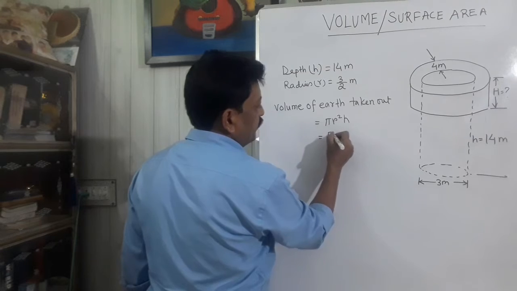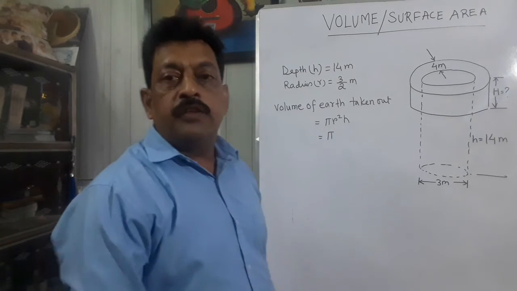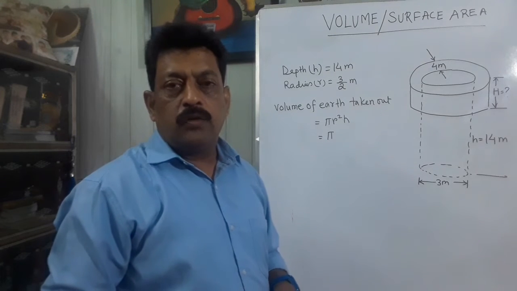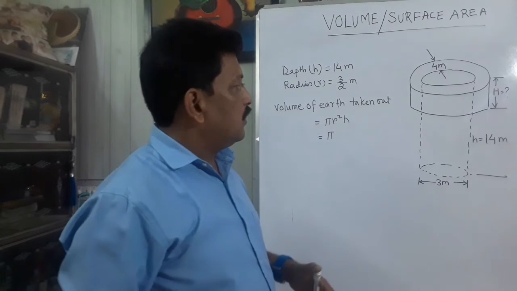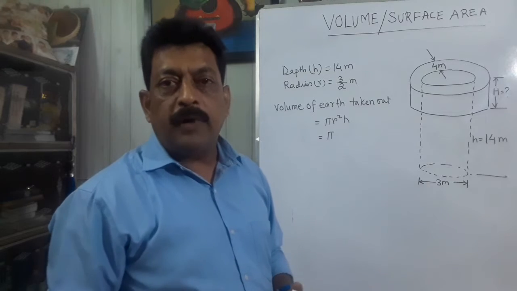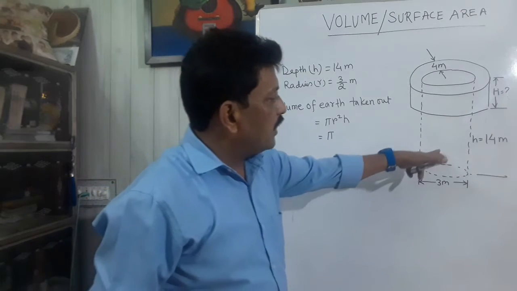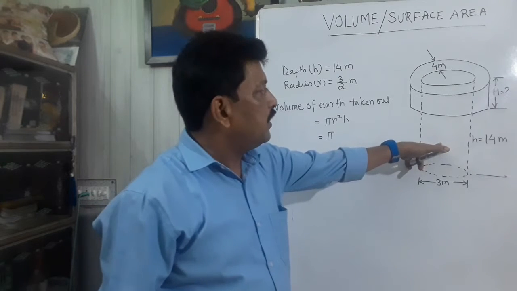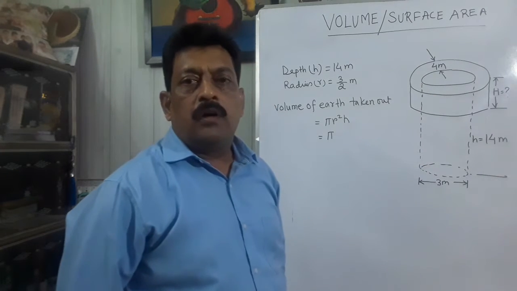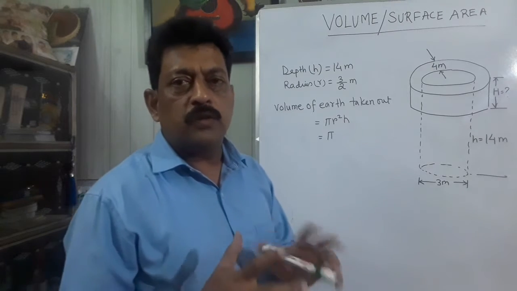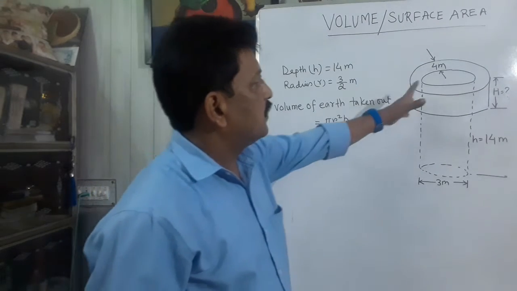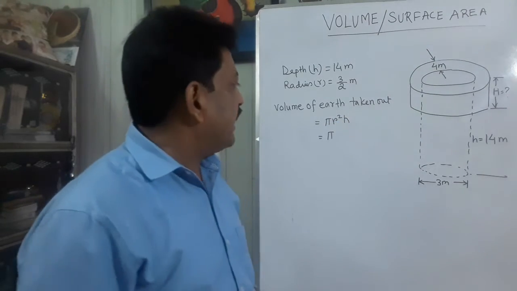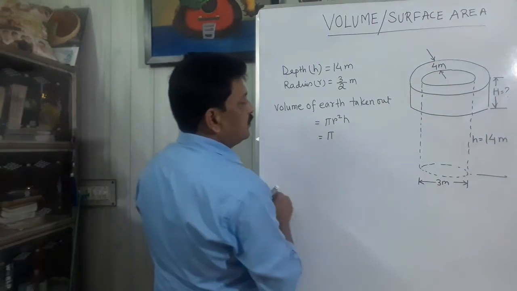I am keeping the value of pi because in conversion of solids which have curved faces, the volume contains pi. Here one curved shape, a solid cylinder, is converted into a hollow cylinder which is also made up of curved surfaces. So it will contain pi. In both the cases the pi will be cancelled, so I am keeping pi as it is.